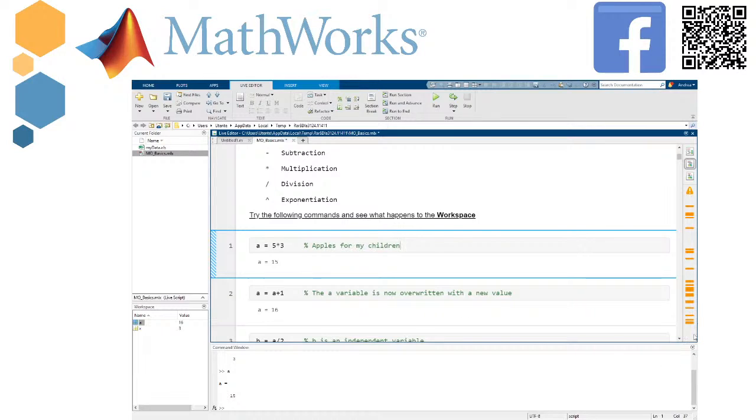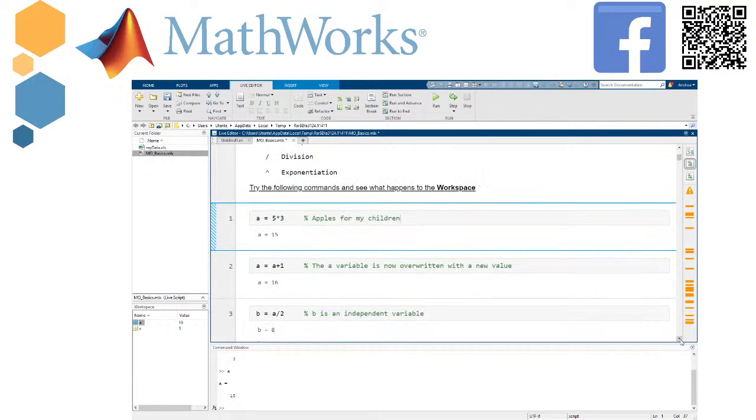Okay, let's move on. As you can see here, I named another array. It is called B, and it is equal to A divided by 2. You can do really lots of things with MATLAB. You can name new vectors, and you can write inside this vector, you can define inside this vector another vector. So I wrote B is equal to A divided by 2. Thus, if I run it,